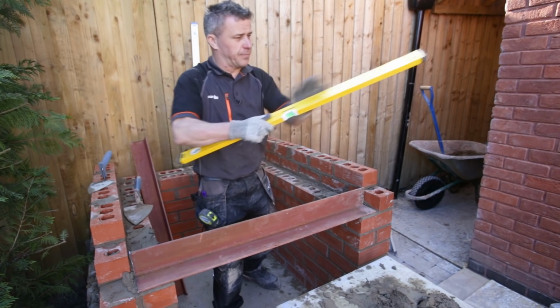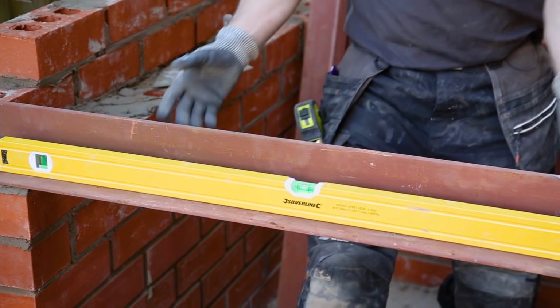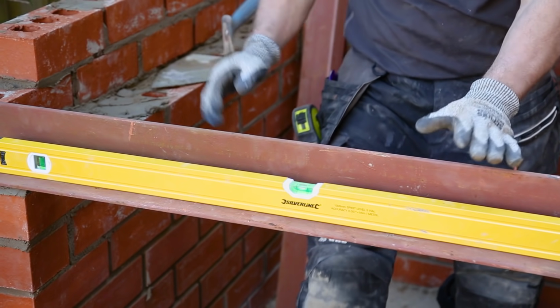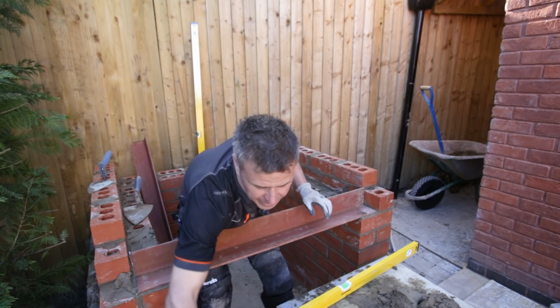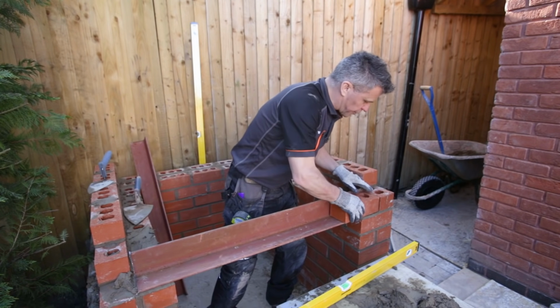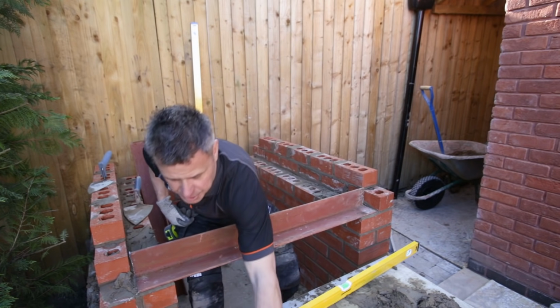Check my spirit level on here. It's a piece of angle iron I'm using, that's perfect. I'm happy with that one there in the front, which I'm going to be laying facing brick across here, and that'll continue across there. However, these ones at the back,